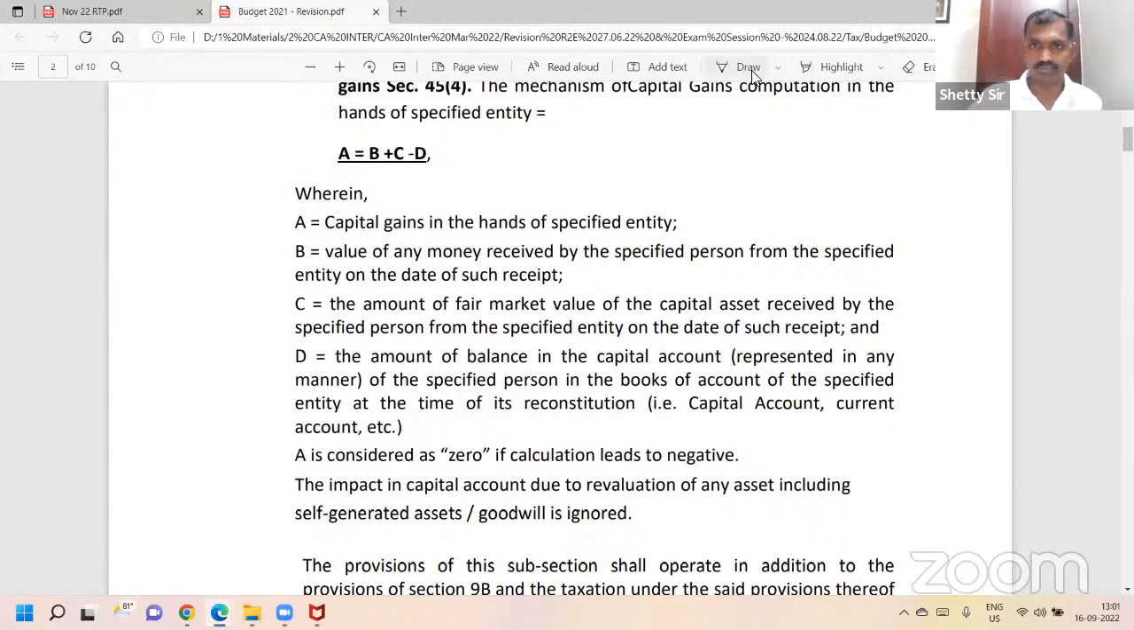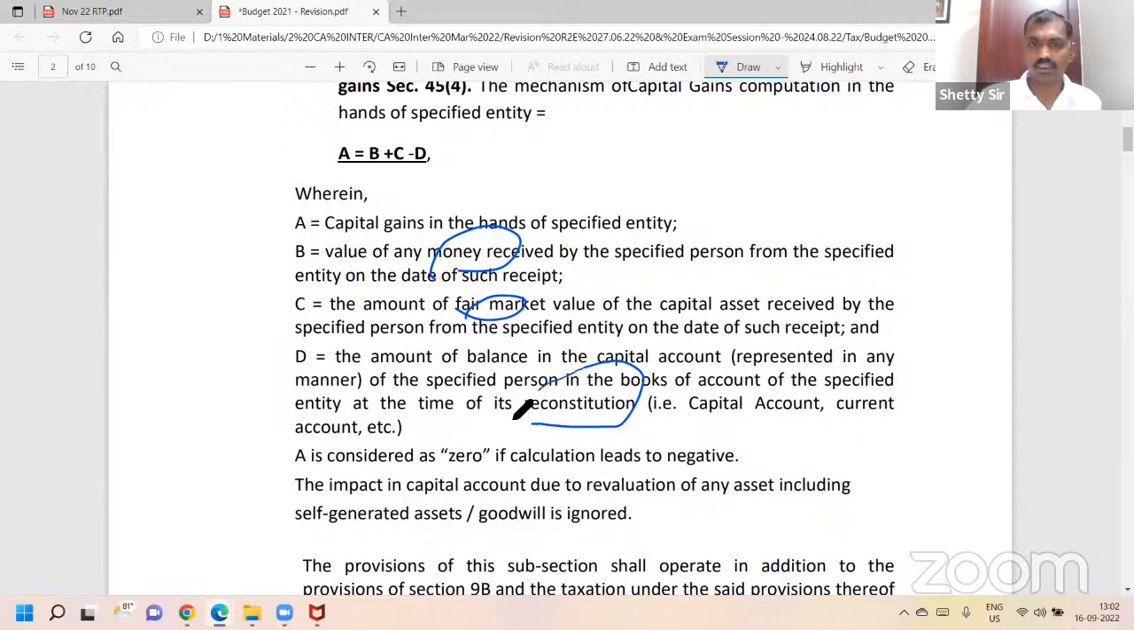B, write below: Money received by the partner from the firm. C, write below: FMV of capital asset received by the partner. D, write below: Capital account balance